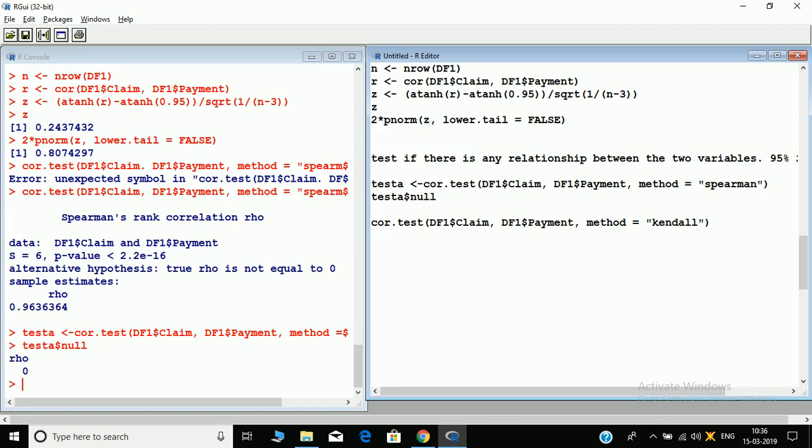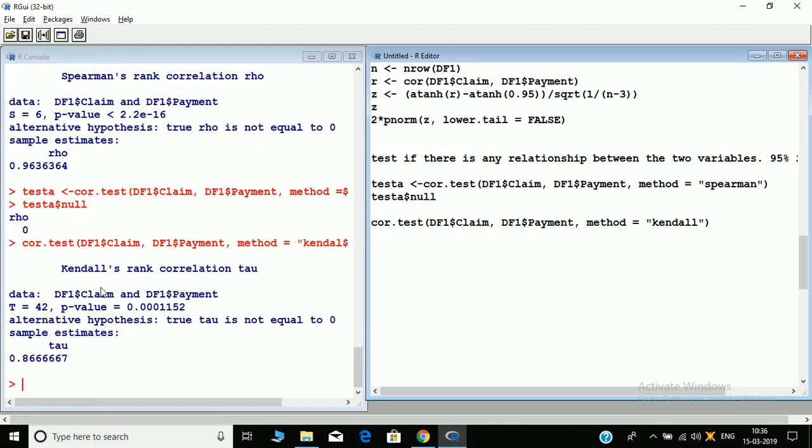See, it checks for Kendall's rank correlation tau. Here also p value is 0.001152, which is much less than 0.05. So we reject H naught, that the correlation between the two variables is 0. The tau value is 0.8667. So this was linear data correlation coefficient testing in R.